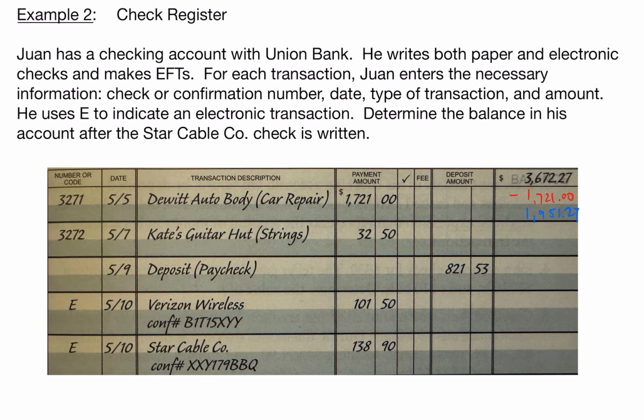so we're going to subtract $32.50, and when we do, we get a total of $1,918.77. Then we have a deposit from a paycheck of $821.53. So we're going to go ahead and add $821.53, and that should give us a total of